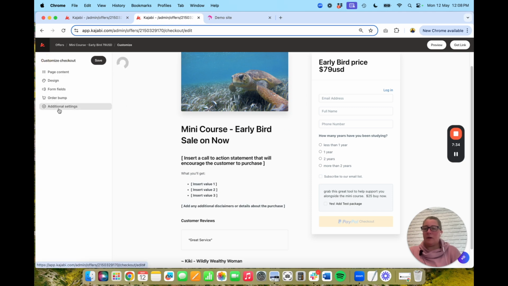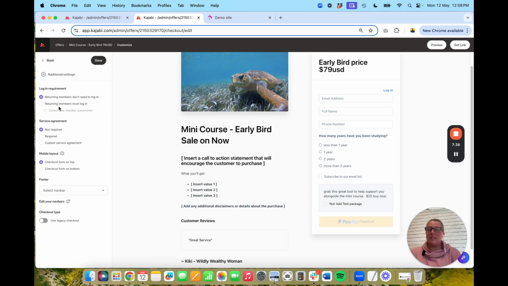And then the next one here is additional settings. So this one here is quite important because I like customers to be able to make their own passwords for their account that they're logging into with you. So if they're buying a course and the course is hosted on Kajabi, then they need some login details to be able to log in and take the course. What happens at the moment when they purchase, based on this current setup, when they purchase, instead of going straight to that login page or that thank you page or that library page that we discussed in the earlier settings,